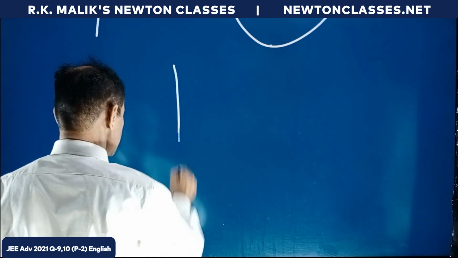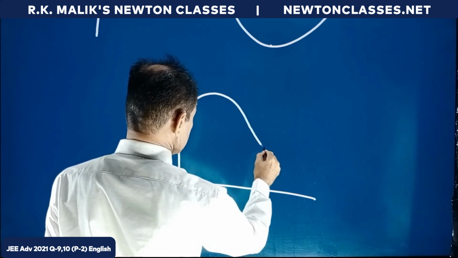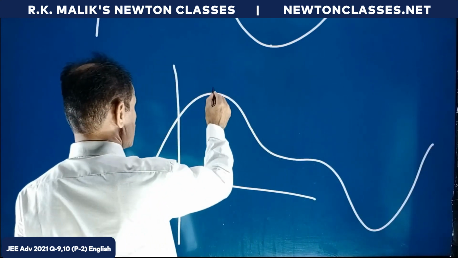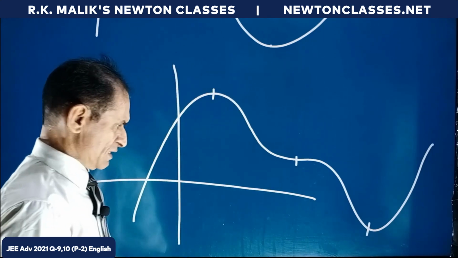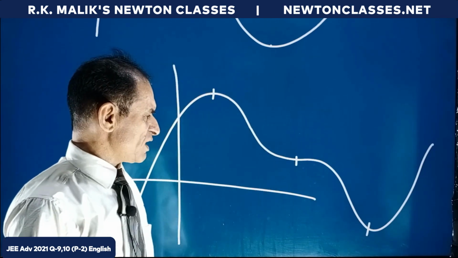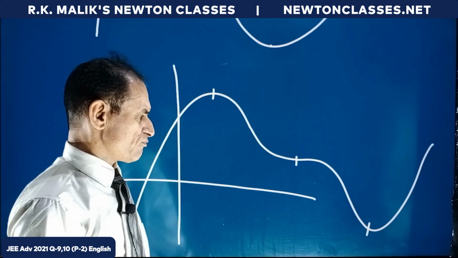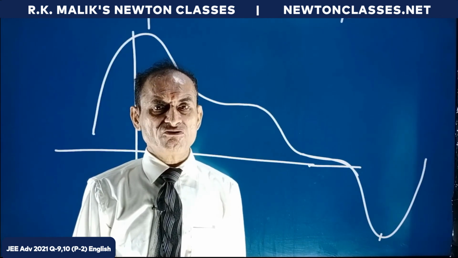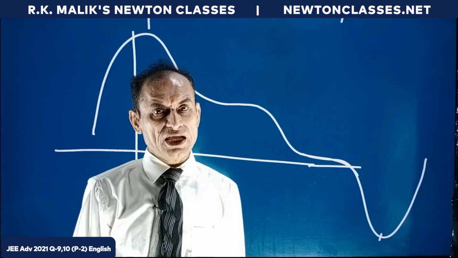After the point of local maxima, directly local maxima can never come. Yes, it can happen that local maxima is there and then inflection comes and then local minima comes. It is the point of local maxima, it is the point of local minima, and a point of inflection has come in between. Between local maxima and minima, a point of inflection is allowed to come. But after local maxima, directly local maxima can never come for a continuous function. And all these concepts I am going to use in this question, and these are very useful concepts. If you use these concepts, a big lot of calculations can be avoided.